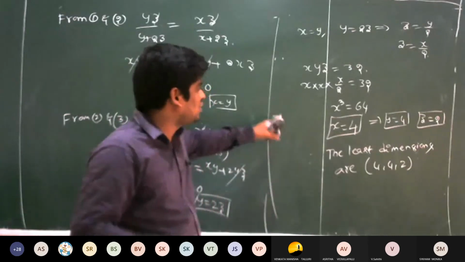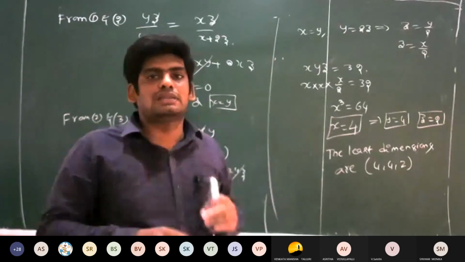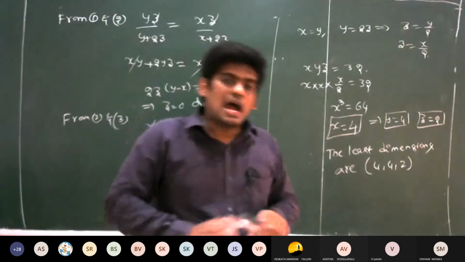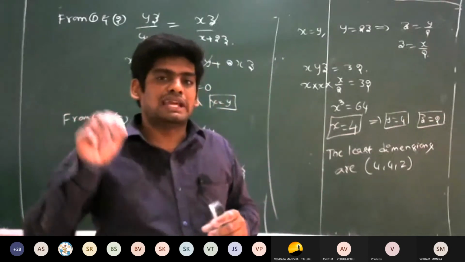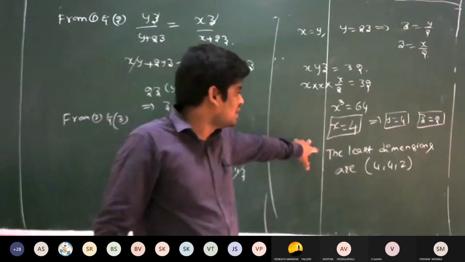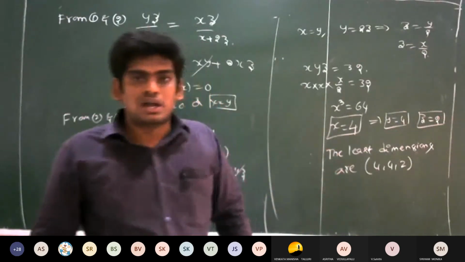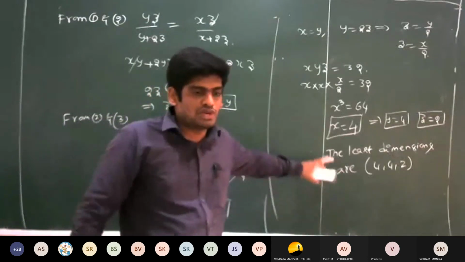But here we are not calculating the second order derivatives. We are just calculating the first order derivatives, and we are equating the first order derivatives of the Lagrangian form to 0. Then we will get the value of x, y, z, which are the required values to the given problem. So is it clear to everyone?